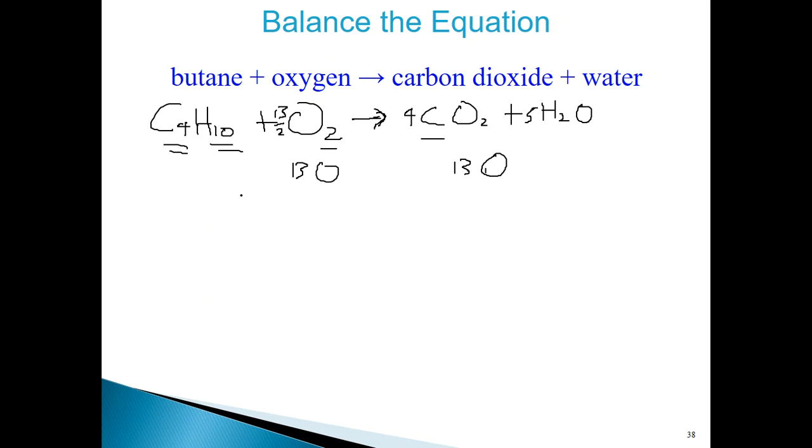However, this would not be the final answer, right? Because remember, we need coefficients being integers in the final answer. So what I would do is take this equation and multiply the entire equation by 2. The reason I multiply by 2 is because if I multiply 13 over 2 by 2, I'll end up with 13 right here, and that takes care of converting that into an integer. However, that 2 will affect everything, right? So basically the final equation is going to be